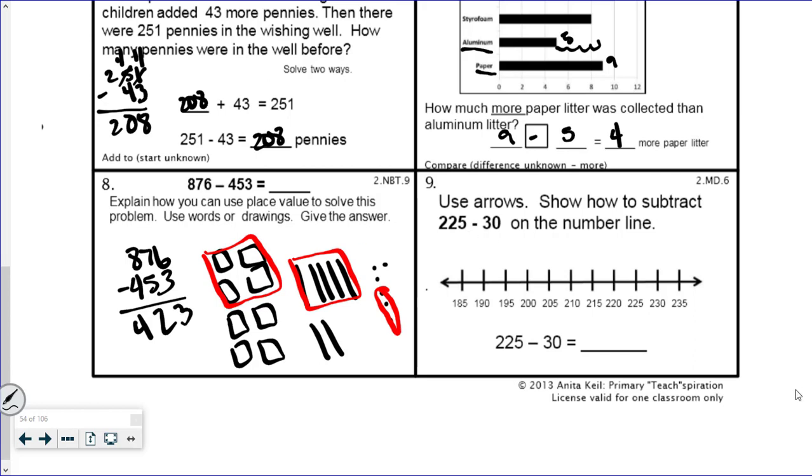Use arrow, show how to subtract 225 minus 30 on the number line. So my number line is counting by 5s. So I'm going to start at 225 and I'm going to take away 30. So 5, 10, 15, 20, 25, 30. So my answer is going to be